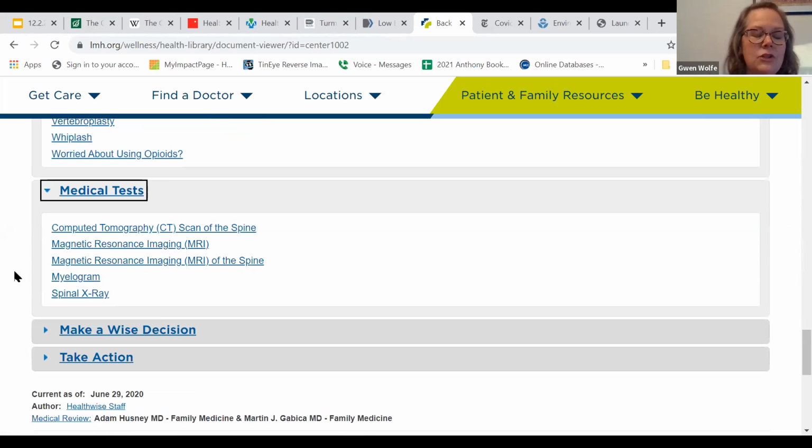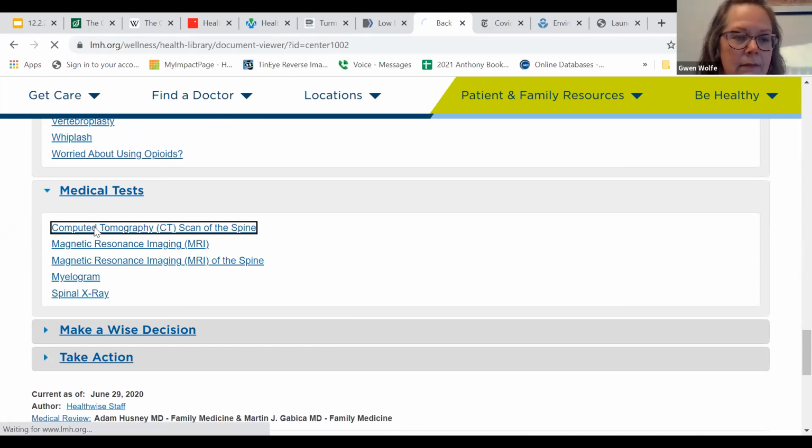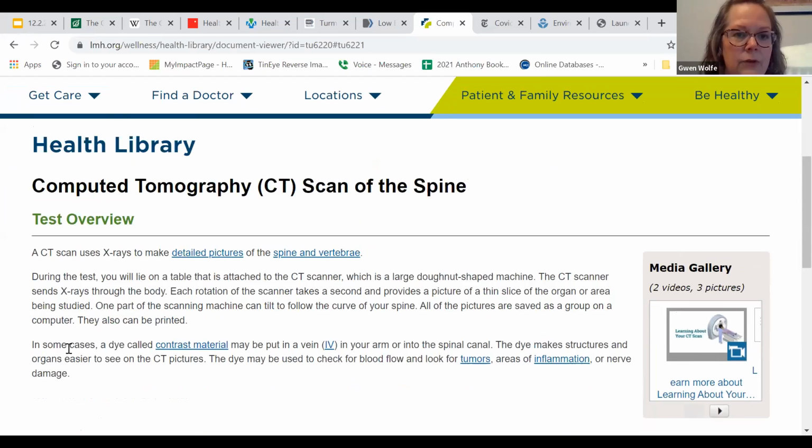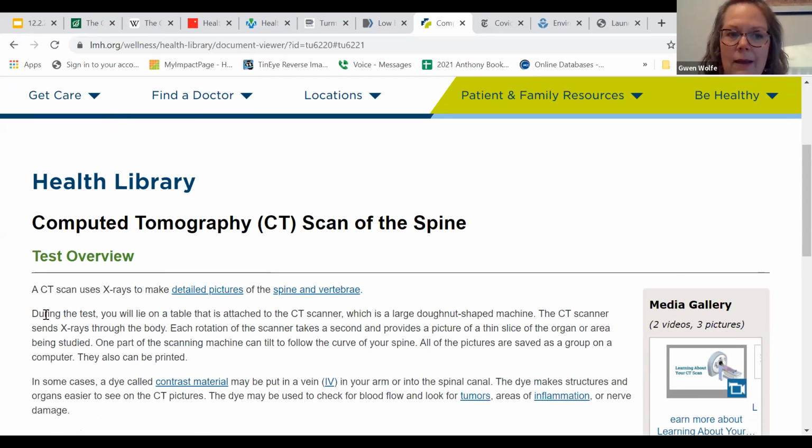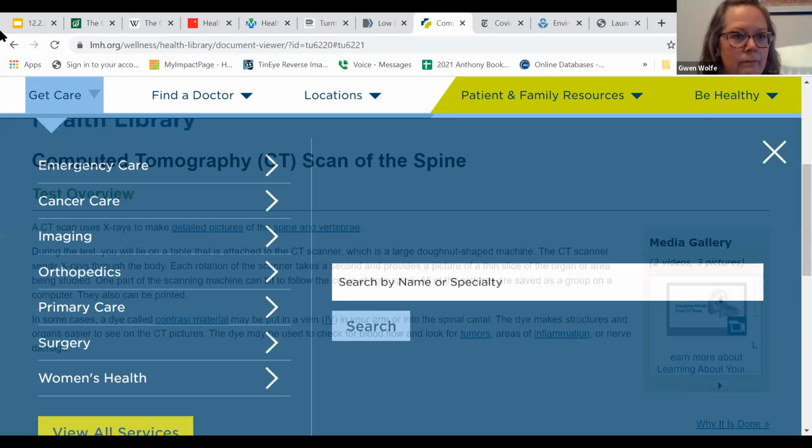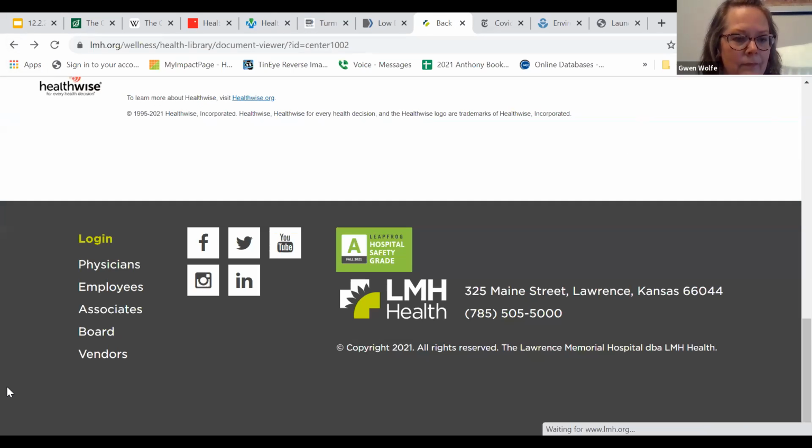If we go to the next drop down, this one lists the general medical tests that are usually involved in diagnosing back pain. If we click on one of these, it'll take you to more information about that specific test. Okay. If we go back,